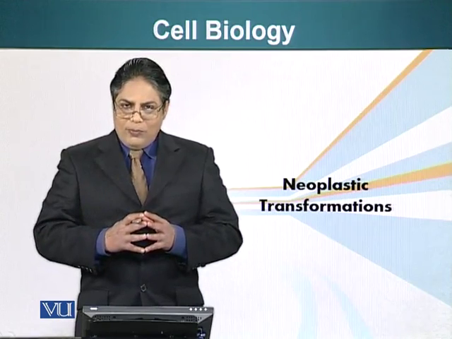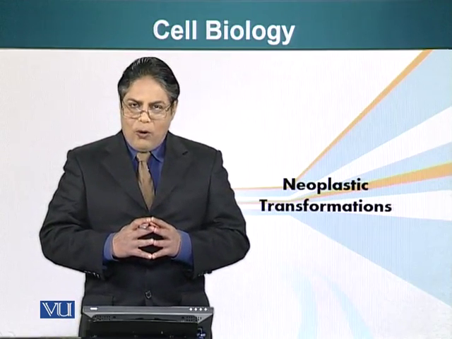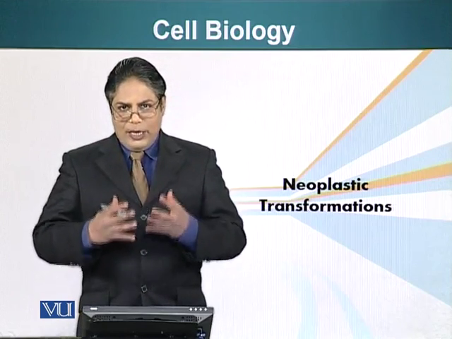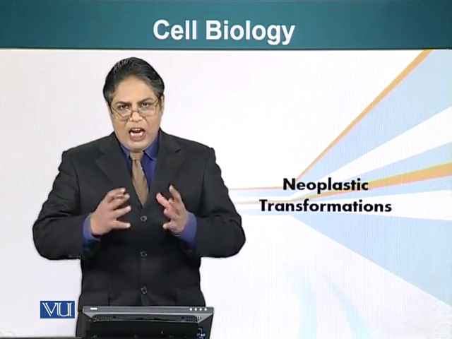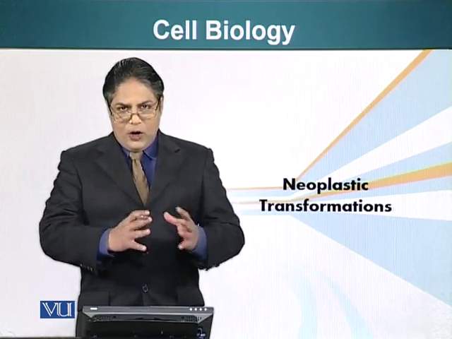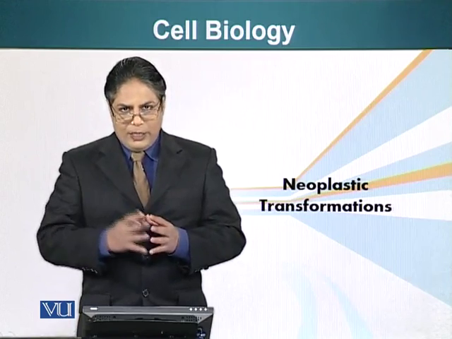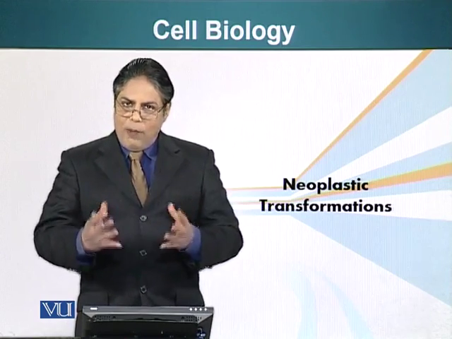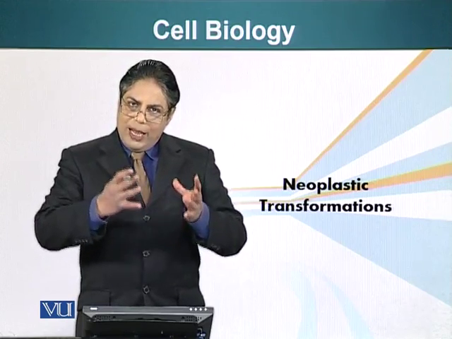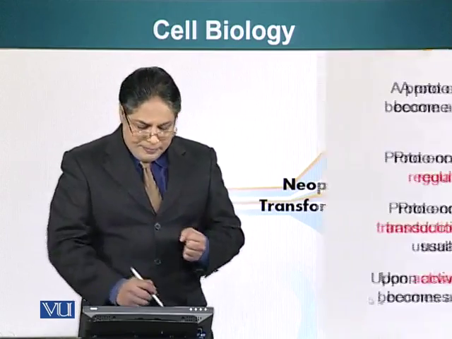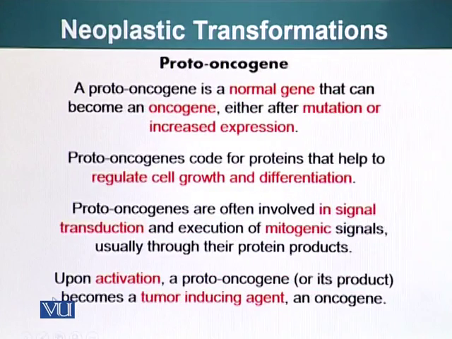However, we all know life isn't perfect. Things do go wrong, and today we are going to see what happens when some of those things go wrong and cause uncontrolled cell division. Another name for this uncontrolled cell division is cancer. So today we are going to see how cancers form and what the molecular and cellular basis of the formation of cancer is. First of all, I would like to introduce you to a special class of genes,